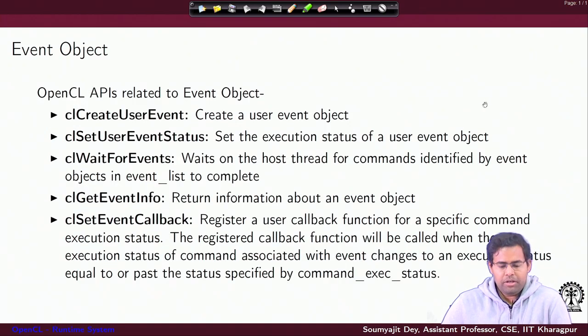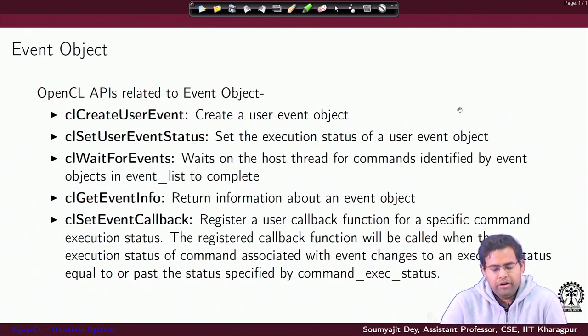Now, the OpenCL API relates to the event object, and these are the functions using which you can manipulate events. For example, CL create user event is used to create a user level event object. The status of an event can be set by CL set user event status.